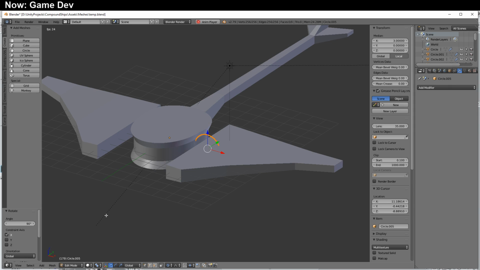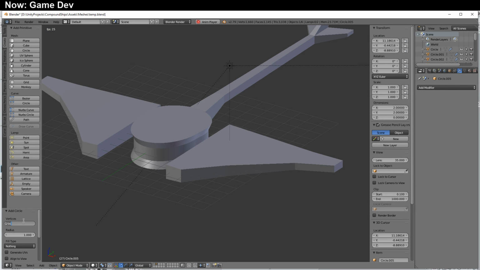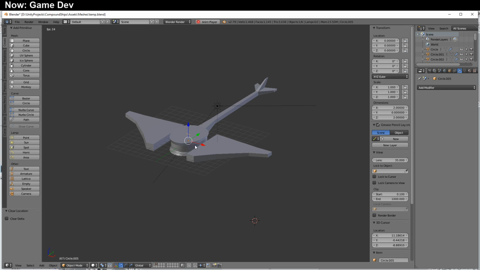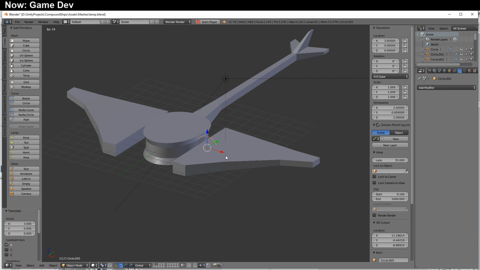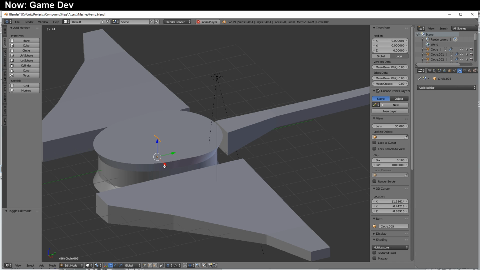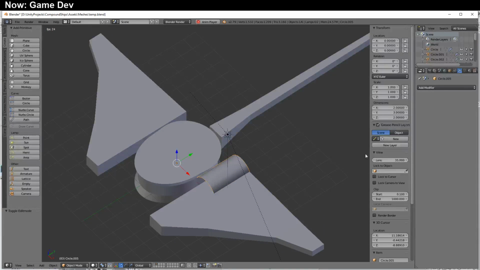That's got too many points. We'll start with a smaller circle. And once again, oh, that's not where I wanted to go. Once again, we'll extrude straight back. And then we'll just see what happens, because I have no idea what happens when you try and add in